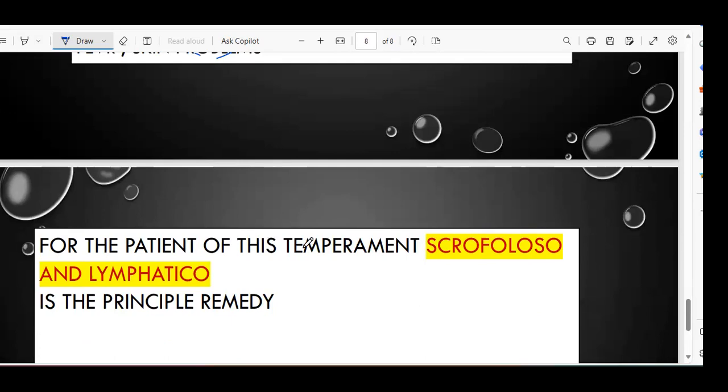So what type of remedy can you choose? We have two remedies, S and L. S1 or S2 or L1, so they can select these three remedies. For the person who is of sanguine temperament you can give S1, and whose temperament is lymphatic, you add L1 also. This is the thing you have to remember during the treatment of a patient of lymphatic temperament. I hope you understood. Tomorrow we will discuss sanguine temperament.